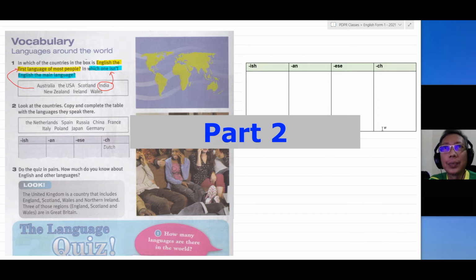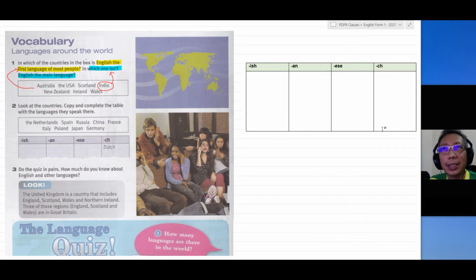Now, part 2. Okay, the instruction. Look at the countries, copy and complete the table with the languages they speak there. From the box: the Netherlands, Spain, Russia, China, France, Italy, Poland, Japan, and Germany. There are 4 columns in the table: -ish, -an, -ese, -ch. Now copy the table into your exercise book as shown here,